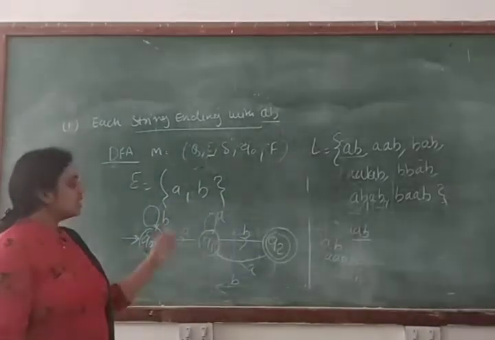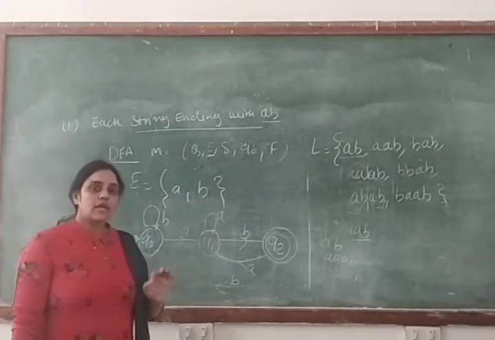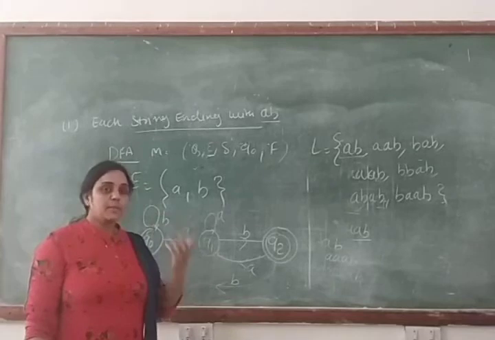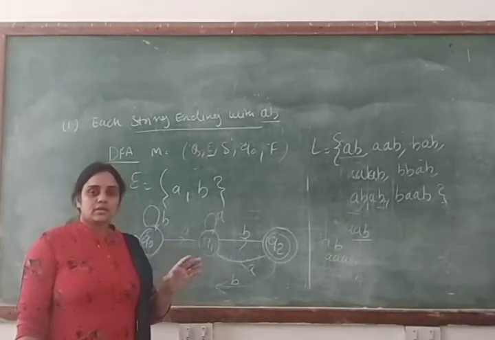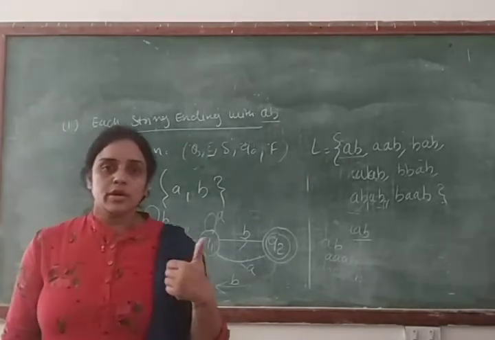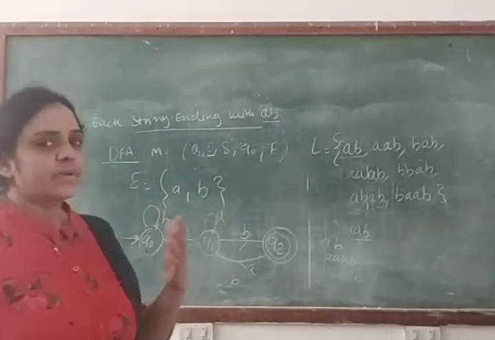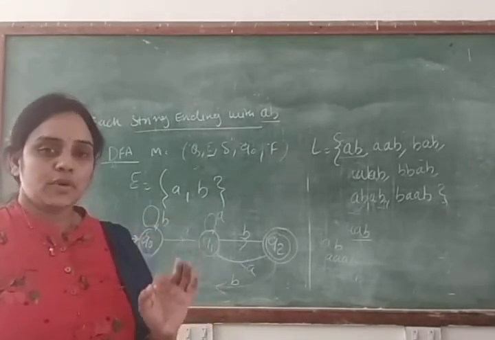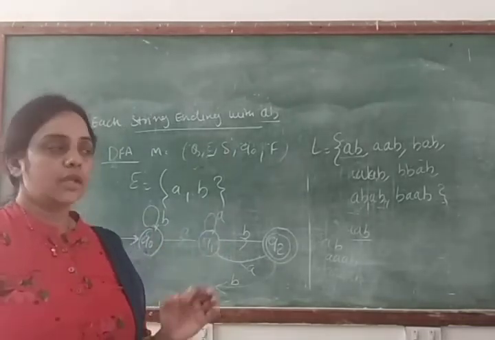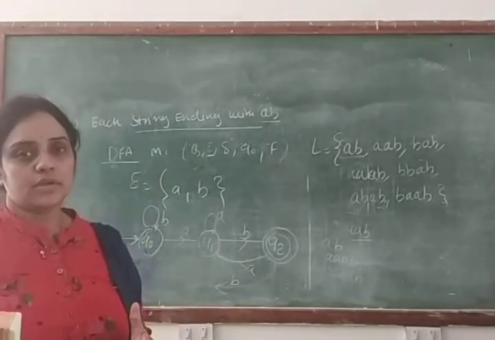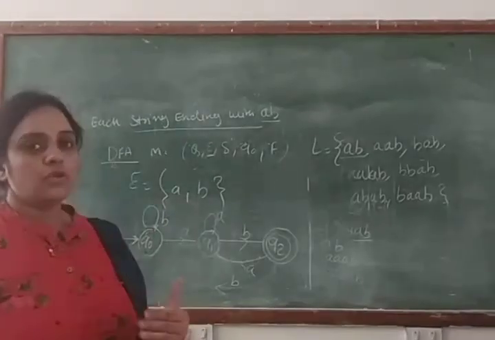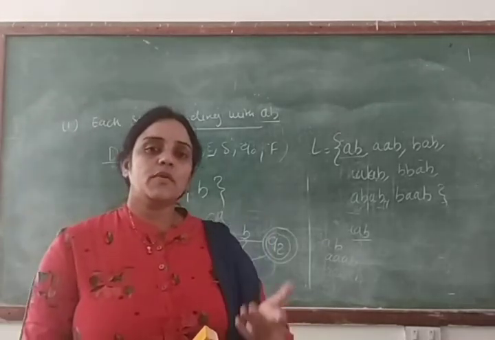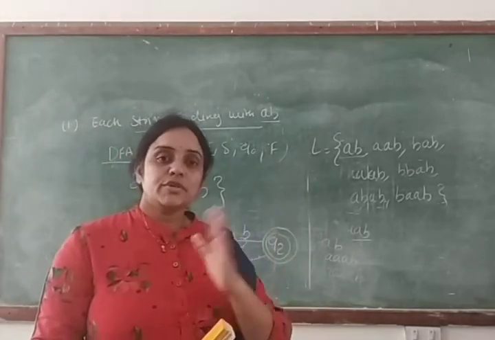Clear? So see this thing, check the possibility from every state for every input symbol. It doesn't mean that you can make the right transition in the first way or in the first row. No, it's not always possible, or maybe sometimes it's possible, but whenever you solve this type of problem, just focus on every possibility. You have to check every possibility from every state to the next state. Like in this question you have 3 states, then check the possibility between these states. If you make a transition from this state to that state, then what will happen? And why can we not make a transition from this state to this state?